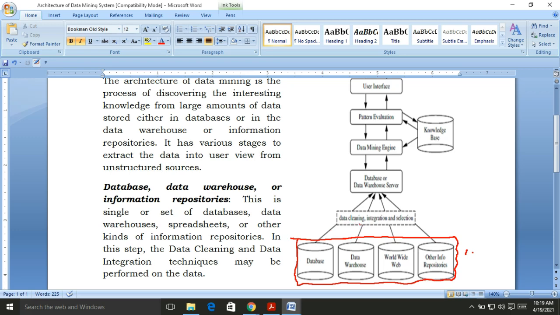Here I write: data cleaning, integration and selection. From these data sources, we select the required data, extract it, and clean it.